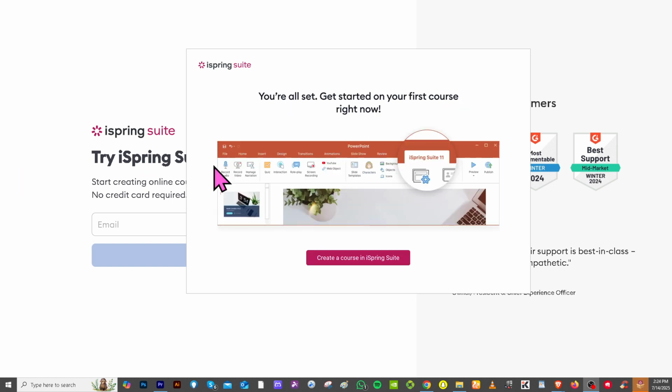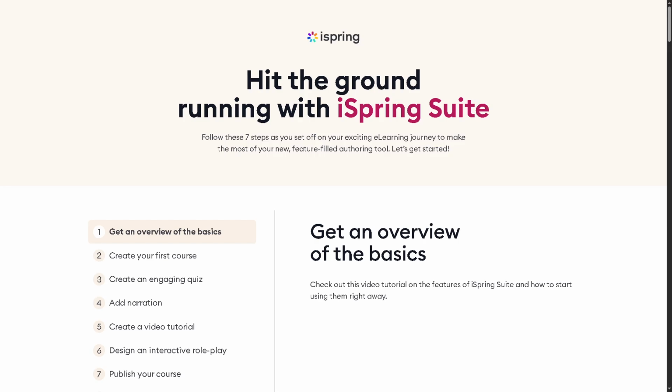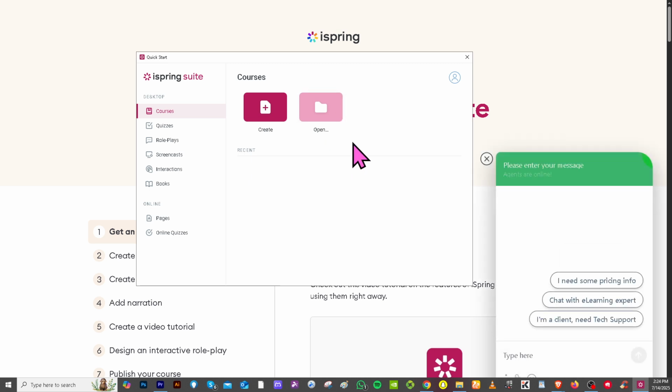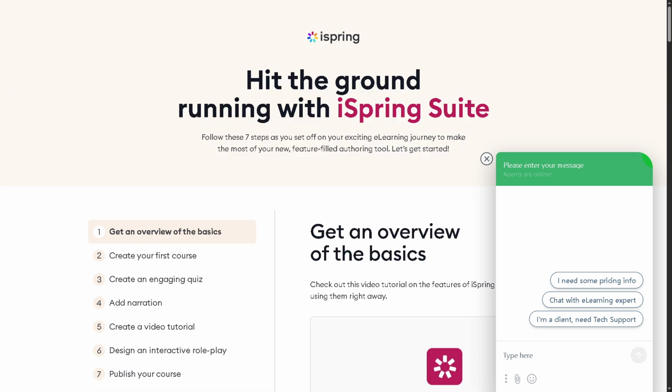All right. And then what will happen is there's going to be a small pink button that says create a course in iSpring Suite. I want you to click that button. All right. It takes a little while. And then what will happen is it will be forwarded to the main platform itself. All right. So that's going to be the login, and this is going to be the platform wherein you can open a recent project if you have that already. But since this is a newly created account, we don't have yet anything in place, and this is going to be the perfect opportunity for us to create something here. All right, so if you click the create button, what will happen is,